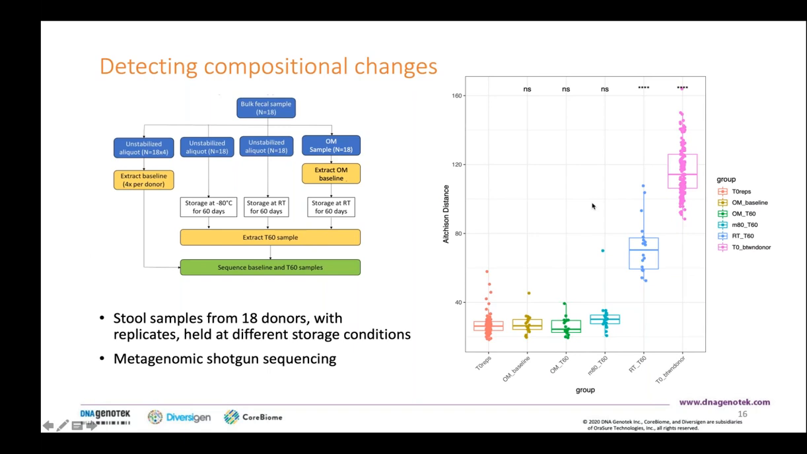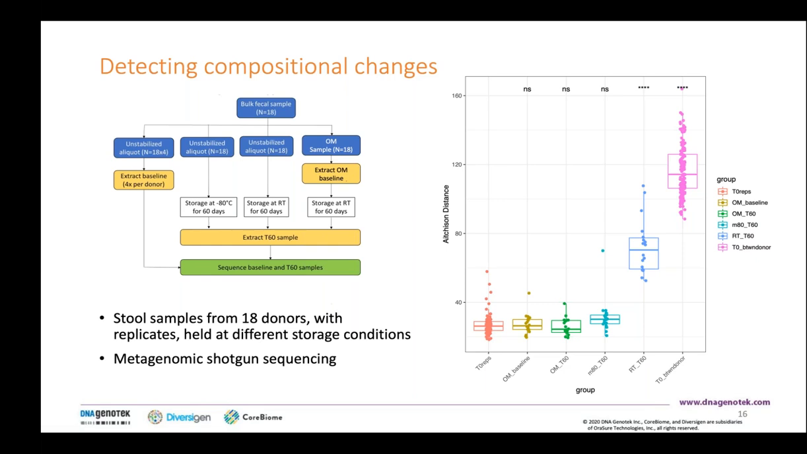So I've highlighted a couple examples of how compositionality can impact your interpretation of low biomass samples and how it can affect your choice of method. So I'm going to walk through an example of how we can evaluate changes over time. This data set again were stool samples from 18 donors with replicates held in different storage conditions, and metagenomic